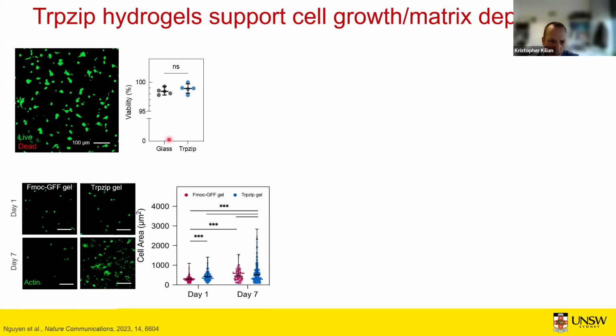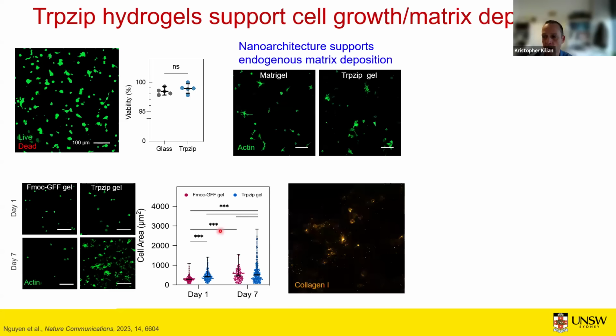Okay, but do cells like it? Turns out yes. And so if we look at viability, cells grown just on the surface of Trpzip on glass versus the gel, they show comparable viabilities. We compared it to another commonly used peptide-based hydrogel, these FMOC GFF gels. You can see that they do far superior in the Trpzip gel. The cells are extending processes, they're spreading out. And in fact, if we compare it to Matrigel, which is